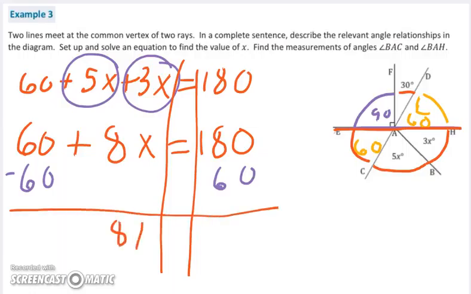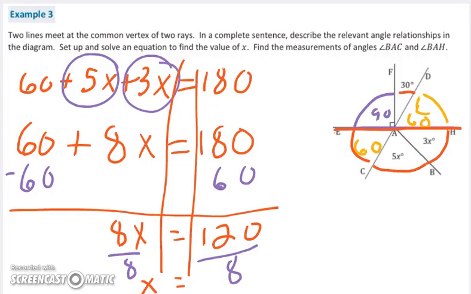Leaves us with 8x equals 120. We would then divide both sides by 8. X would equal, or 120 divided by 8 is 15. We're not done yet. We have to find the values of BAC and angle BAH. So we have to plug x back into our